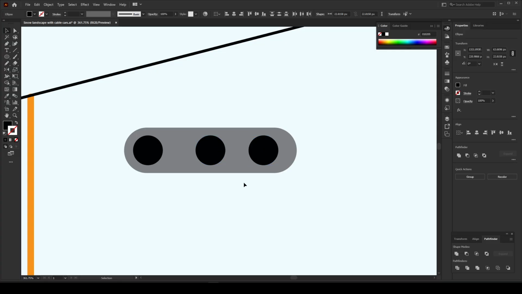I select all these three shapes and press horizontal distribute center. Now our objects are perfectly distributed horizontally. Next I select these three objects and press Ctrl G to group them,